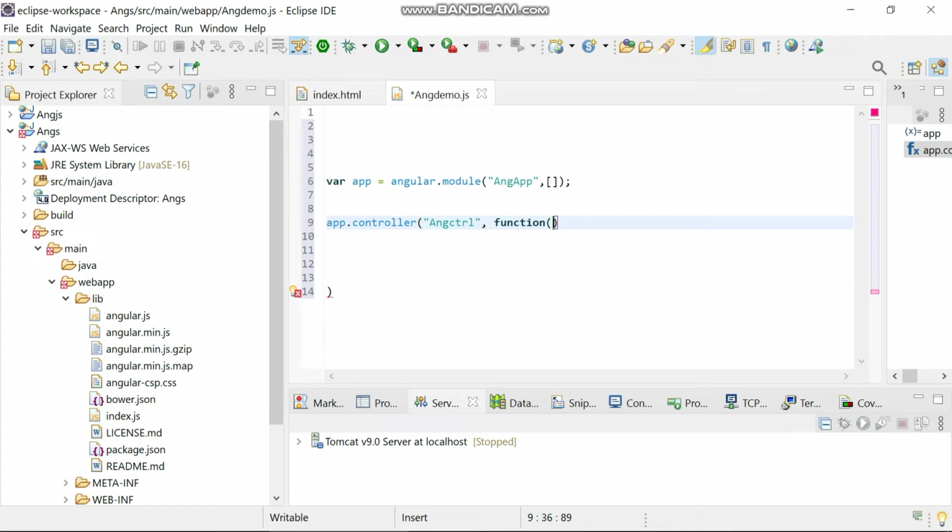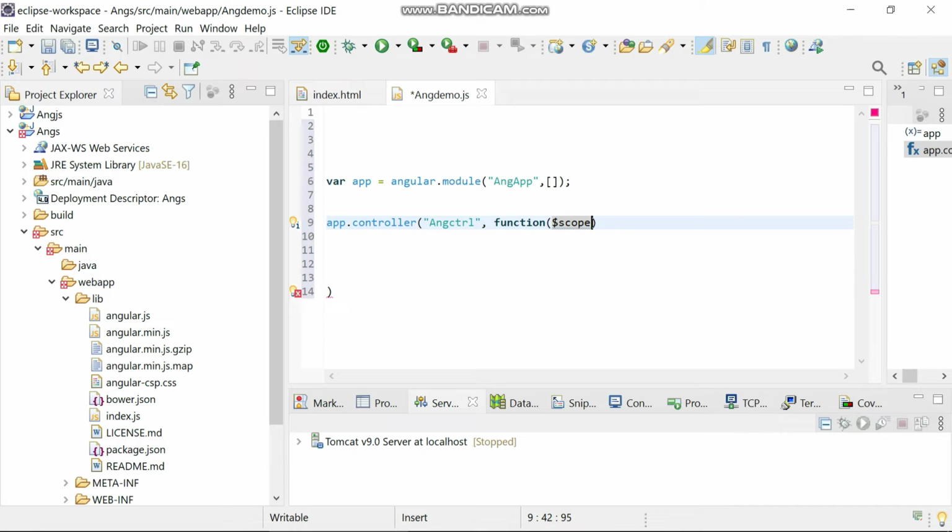How do we give the scope? Dollar symbol and then scope. This dollar scope is a built-in object. It has the data and methods of an application.